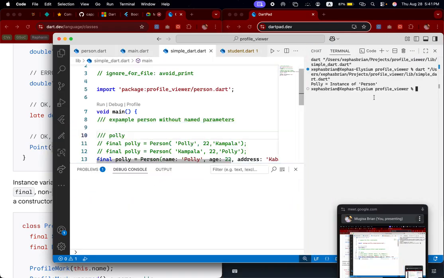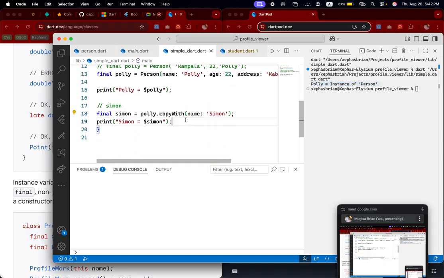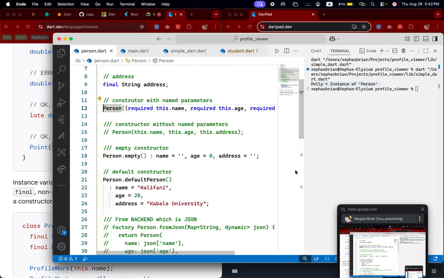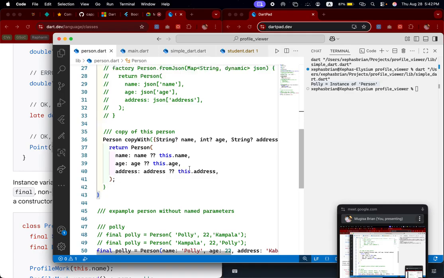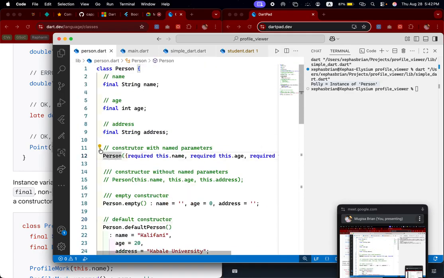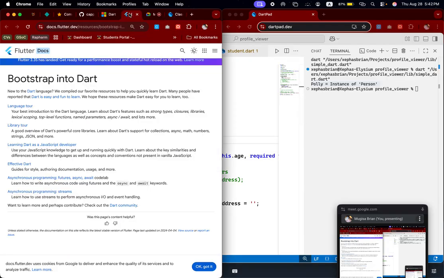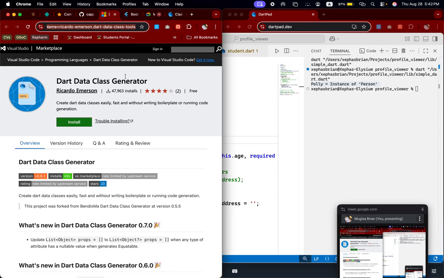So here in the terminal we can see it is compiling, and it prints poly equals to instance of person. But since we want to see the values, I'm going to show you another method that we are going to add to the constructor still. There is a method called toString. You see this one, toString. That's why I was telling you all to get this extension of that data class generator, because it will